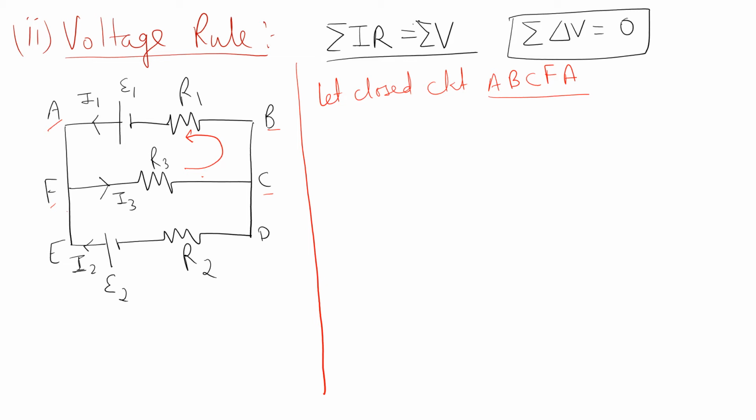So let us try. In that case, for this R3 I have current I3, so I can write I3 R3 plus, here is resistance R1 and current I1, so R1 I1. Since current is coming out from the positive terminal of this cell, I will write it simply as E1. If the current is coming out from the negative terminal, then I simply put a minus sign here.